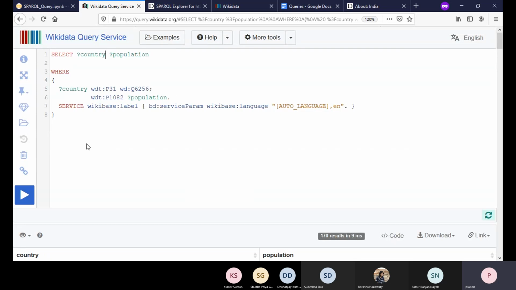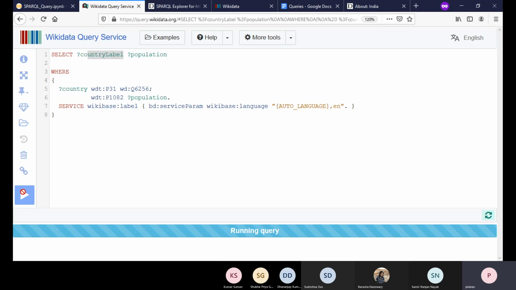So after we have used this label service to convert a variable to its corresponding label, you have to say LABEL. This is the thing you need to append to the original variable name. The original variable name was country. We are appending this label to it, and that will convert the URL which is bound to this variable into a label, right?